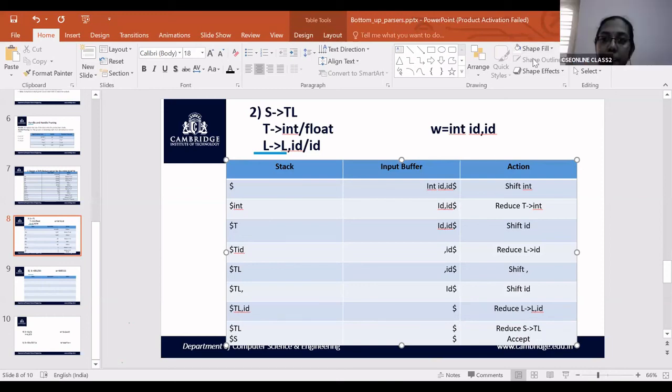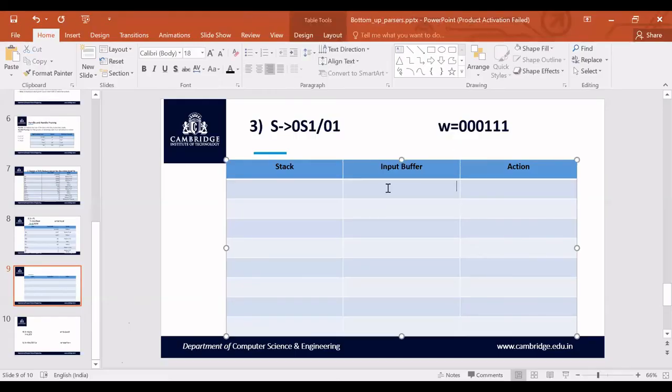Okay. For the given input string and the grammar, the stack will initially be empty and the input buffer will have the string 0, 0, 0, 1, 1, 1 terminated with the dollar symbol. Fine.